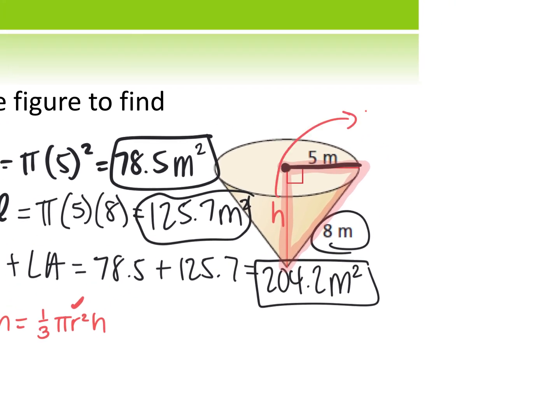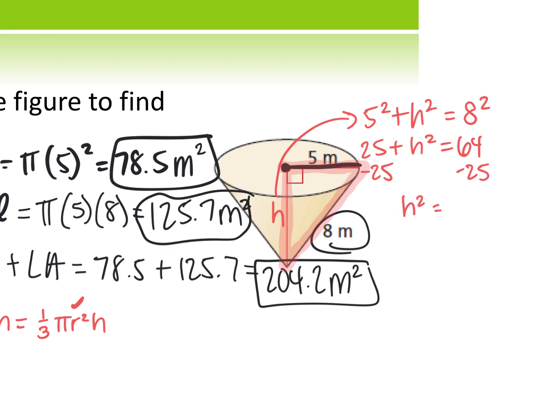5 squared plus, just do x squared, I guess. I'm going to put H because that'll be my height, right? 8 squared. Very good. 25 plus h squared equals 64. Yep. 25. Come on, you don't need a calculator for this one. 39. And then,